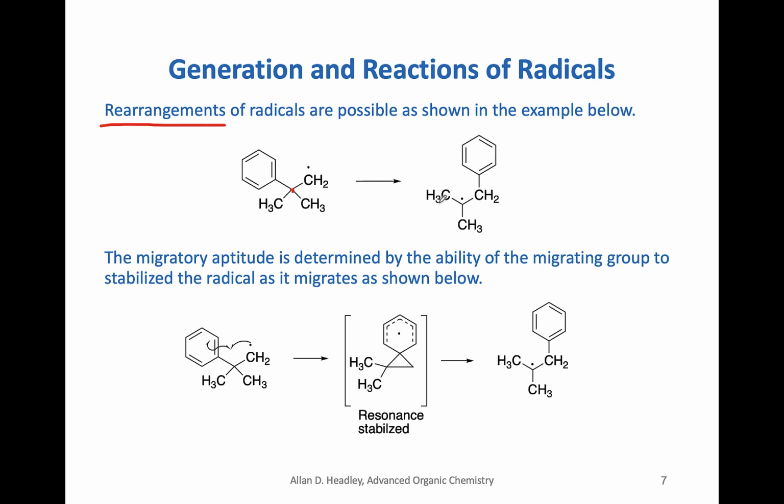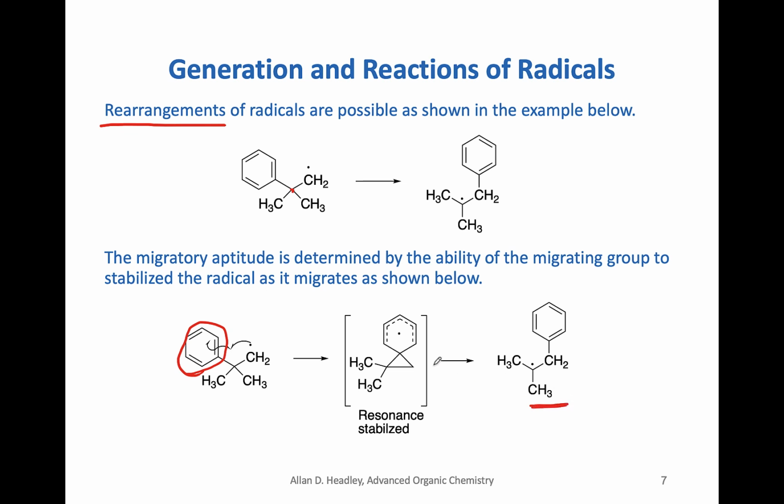The question now is, how did that take place? It's a migration. So this phenyl ring here literally migrates over to this carbon through this. So you can see here that the radical is now stabilized by the phenyl ring as it migrates,